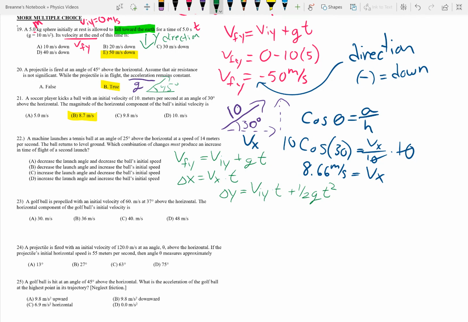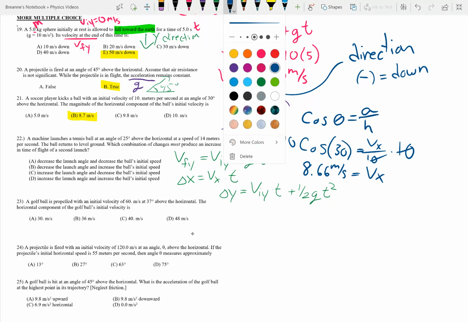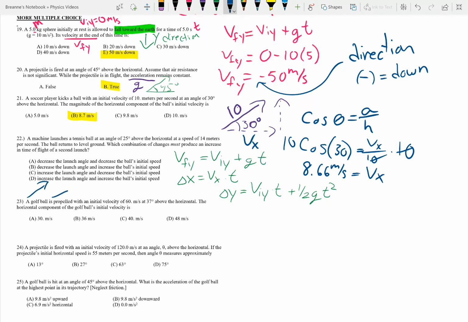So, decreasing the launch angle. If we decrease the launch angle, let's think about what the launch angle shows us real quick. So we have a launch angle. As we decrease the launch angle, what do you notice about your velocity in the y? It gets smaller and smaller and smaller, right? So if you decrease your velocity in the y,